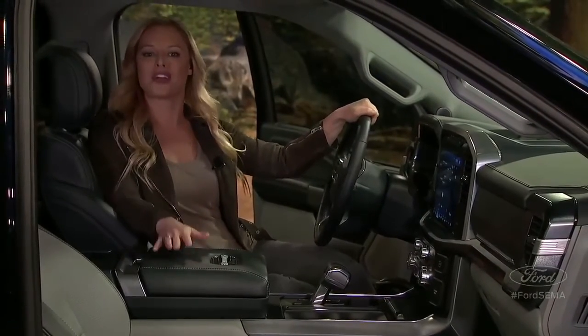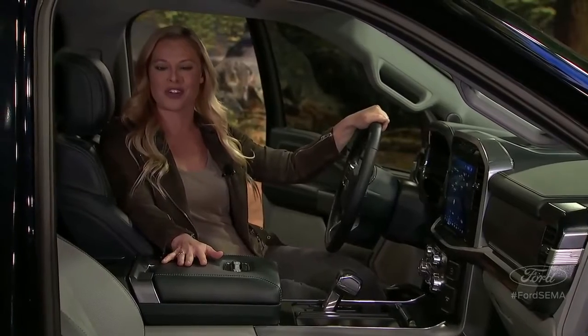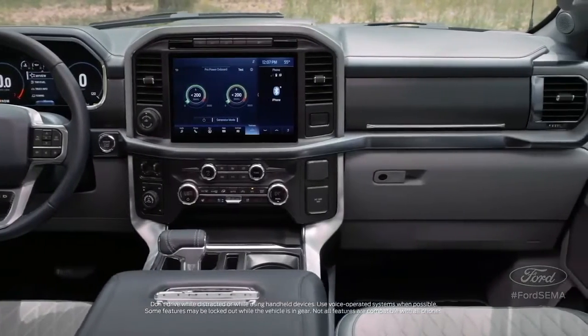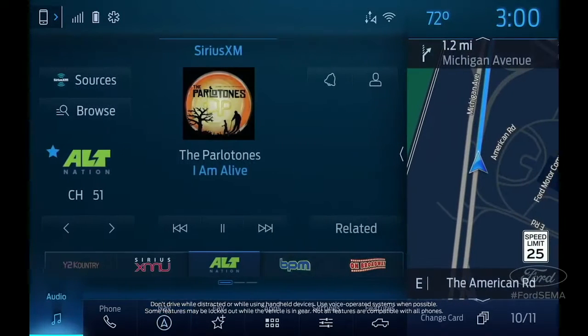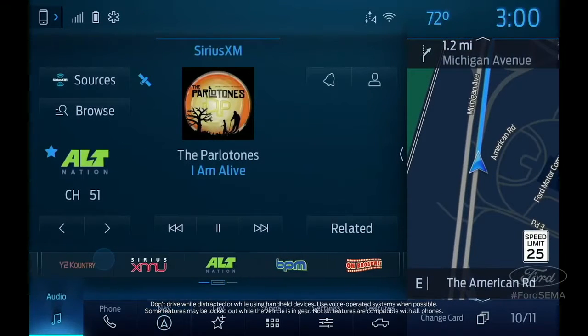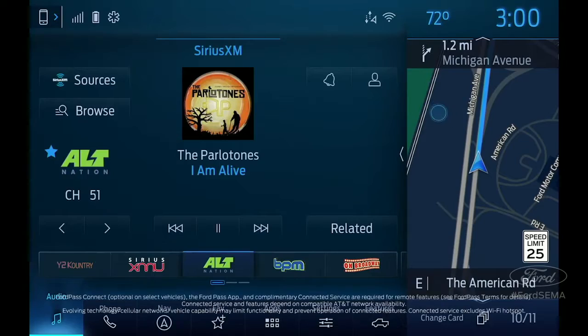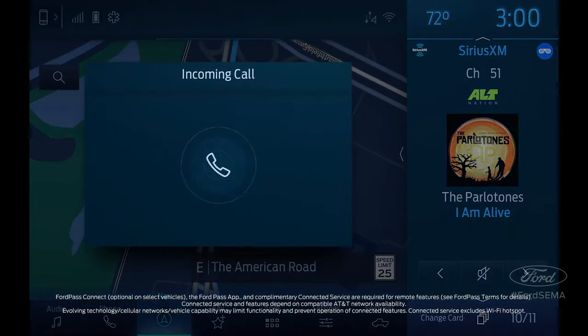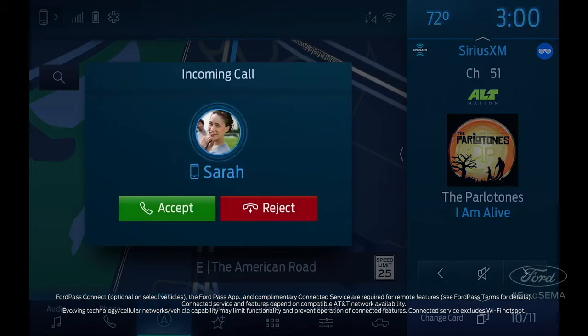We all want to be connected all the time, on the road, on the job, on the town. So Ford made their all-new Sync 4 system standard on every F-150. No nested menus or weird system commands. You can even set a wake word like OK Ford instead of pressing a button to enter commands. And with wireless over-the-air updates via the standard embedded modem, this all-new F-150 will always have the latest tech from